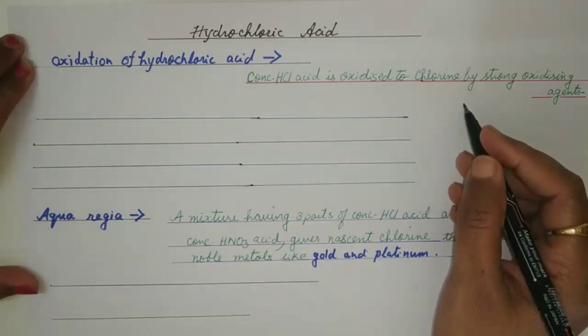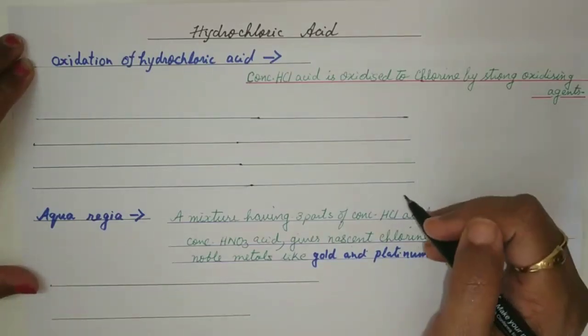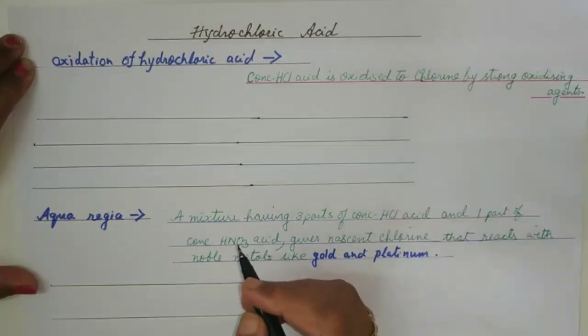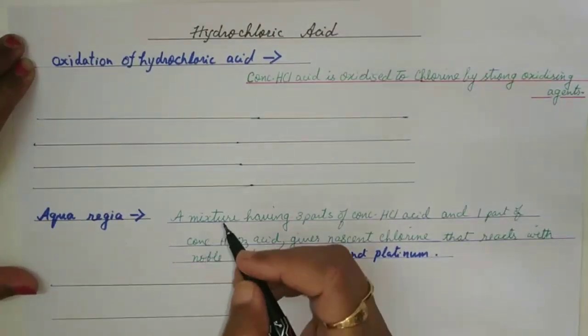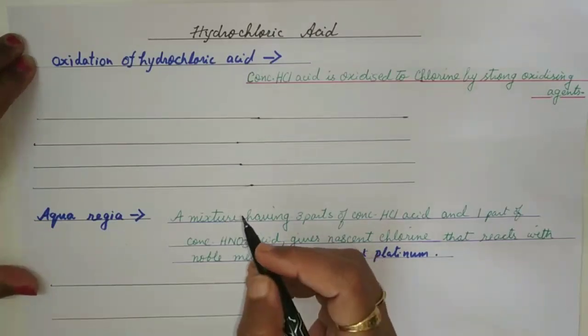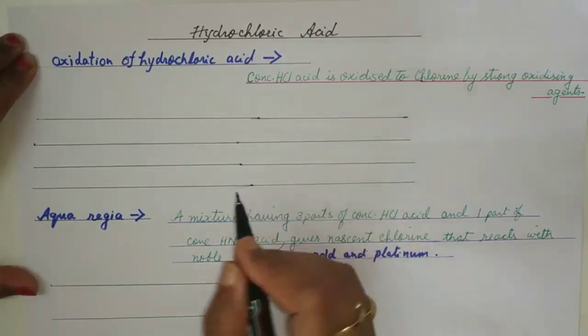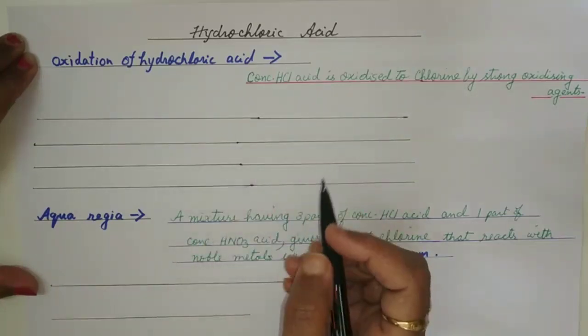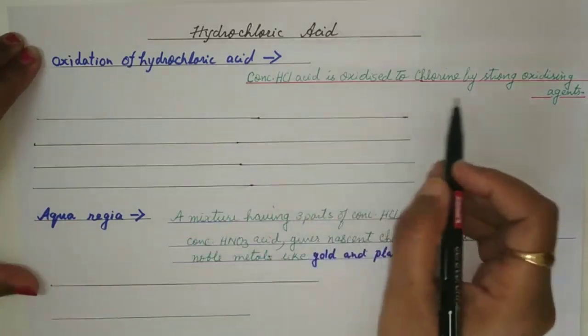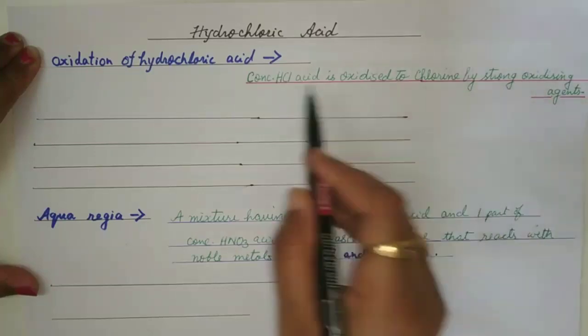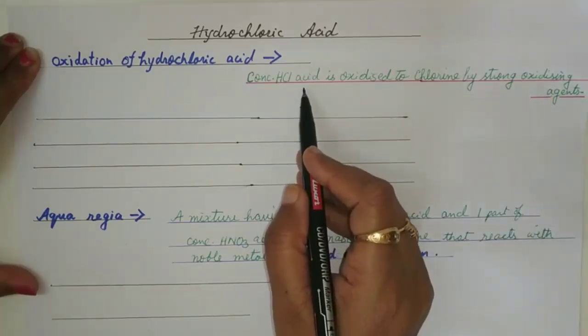So many equations, we are not writing them here. They are all there in the textbook. You can ask me the doubt if you have any. I've written down some of them just to show you how to remember the equations. We are not mugging it up. We are going by the mechanism. So any strong oxidizing agent with conc HCl and heated a little will give you salt, water